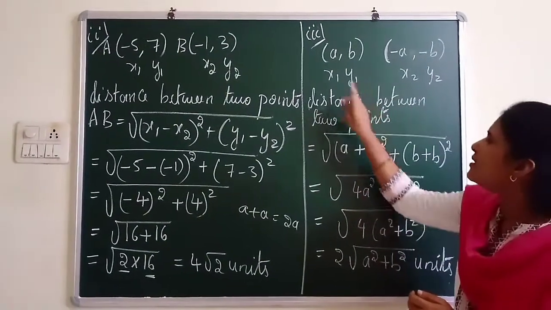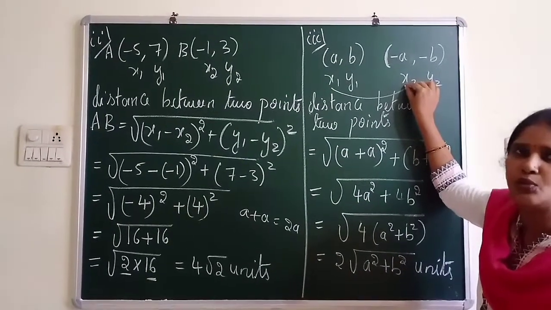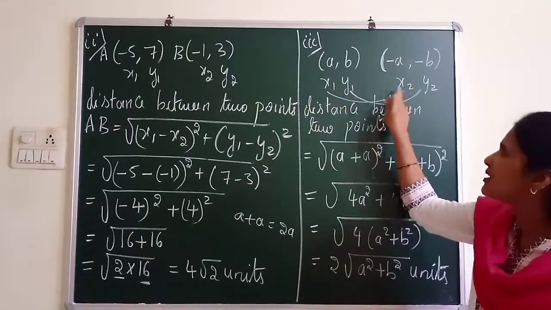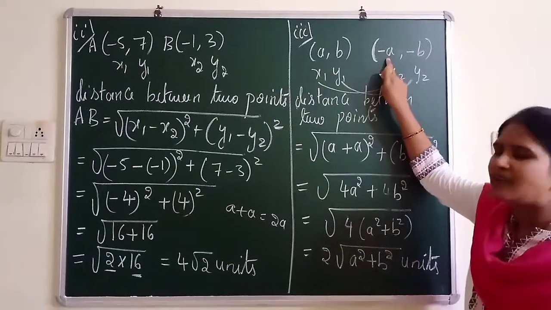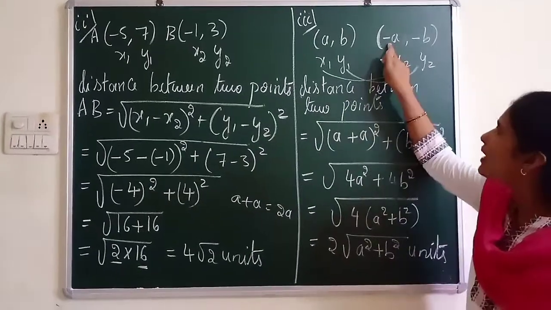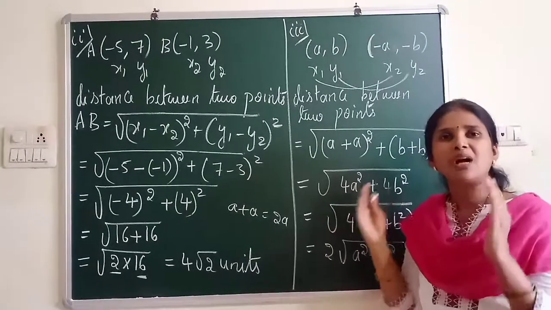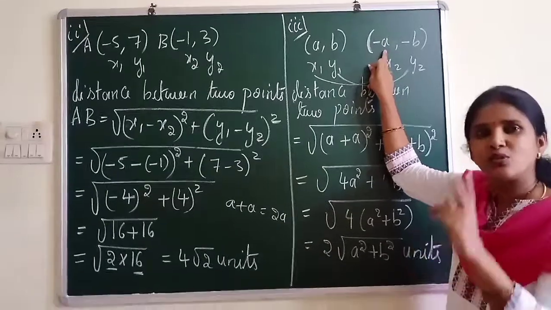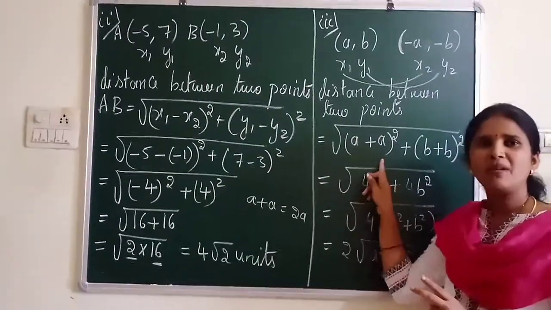Distance between 2 points. As I said, the trick is this minus this. That is first minus first in the 2 pairs, and the second term minus second term. That is abscissa minus abscissa and ordinate minus ordinate. So a minus of minus. This also I did orally. Here you get minus from the formula and one more minus you have here in x2. So minus of minus. The formula you remember is x1 minus x2. So x1 is a, x2 is minus a. So you got double minus. When you multiply, minus minus becomes plus. So (a plus a) whole square.